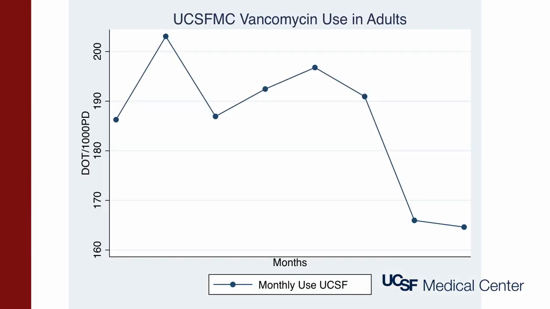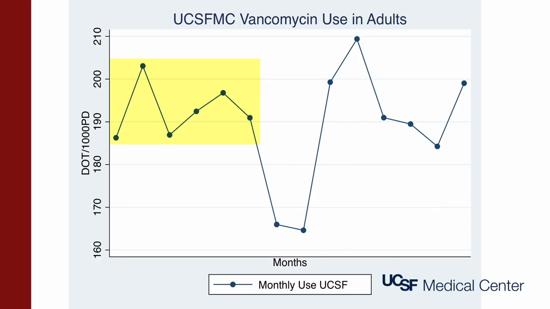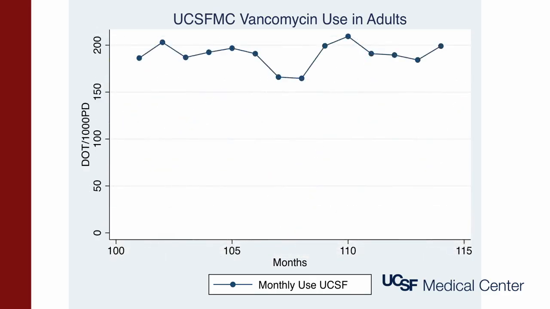On first glance, this graph appears to be an example of stewardship metrics demonstrating the success of an antimicrobial stewardship program. Over an 8-month period, vancomycin use in adults as measured by days of therapy per 1,000 patient days seems to be definitively trending down. However, there are substantial variations in month-to-month antimicrobial use, such that what may seem to be patterns over a period even as long as 8 months are part of the background variability. Note as well the impact that the axis scale has on the perceived magnitude of the fluctuations.